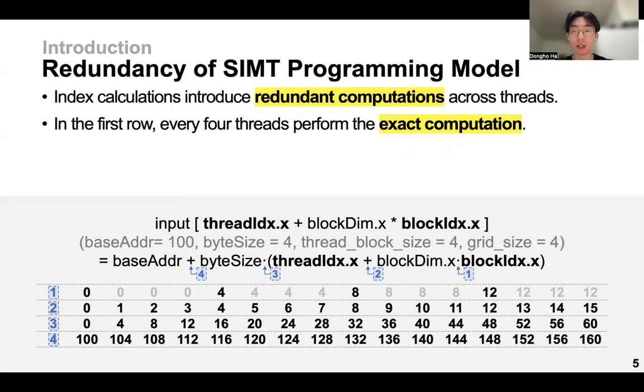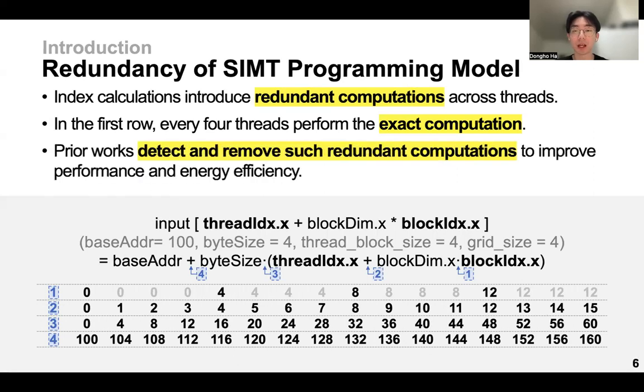The blue number indicates the order of operations, and the black number shows the computation results. Every fourth thread in the first row performed the same computations with the same source operands, resulting in redundancy. We indicate the redundant computations by drawing them. Prior work has tried to detect and remove the redundant computations in the existing instruction stream to improve performance and